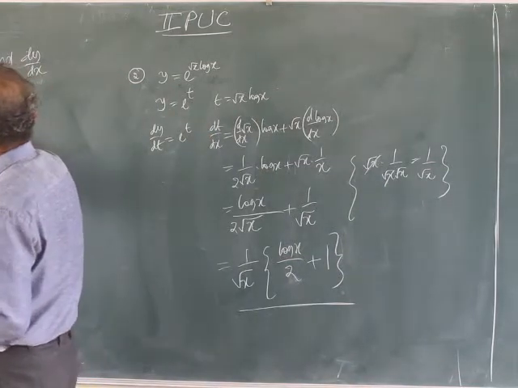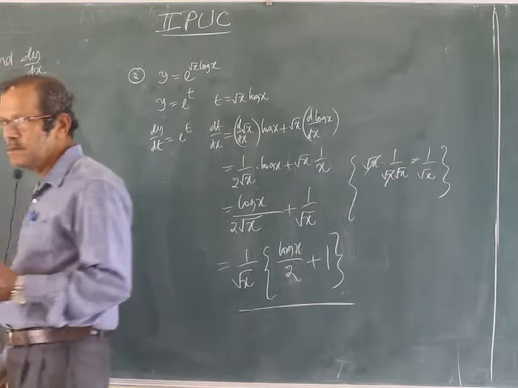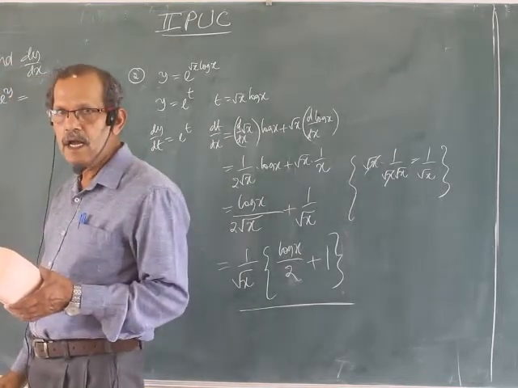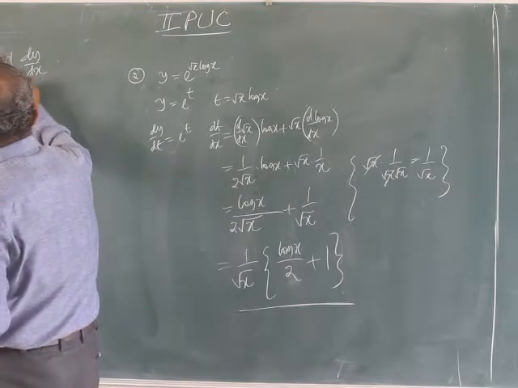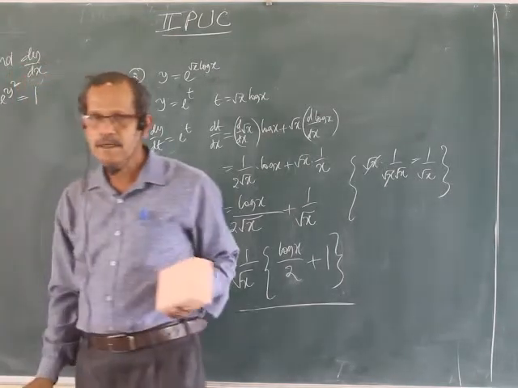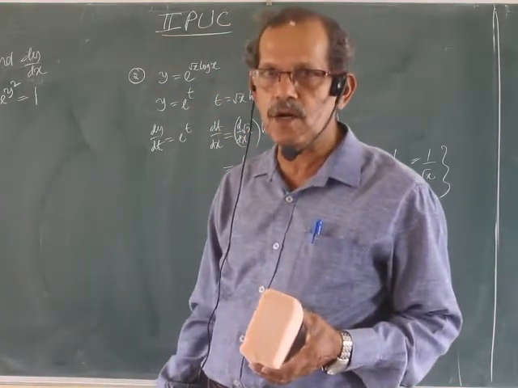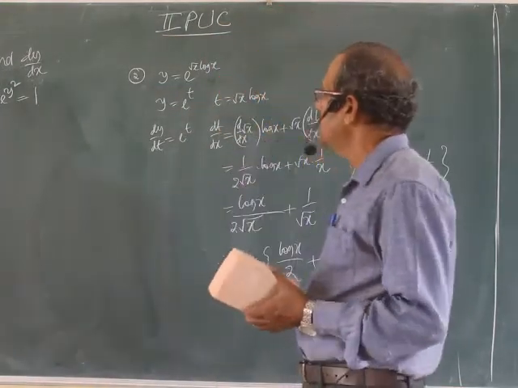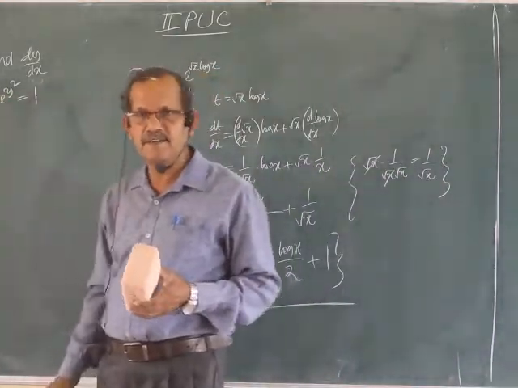Third one, see this e to the power x plus e to the power y equal to, most I have given this I think. Let me change it. E to the power x square, e to the power y square equal to 1. Mostly I did that problem. E to the power x plus e to the power y equal to 1, something I have given there. Anyway, let me change the problem a little different. X square.